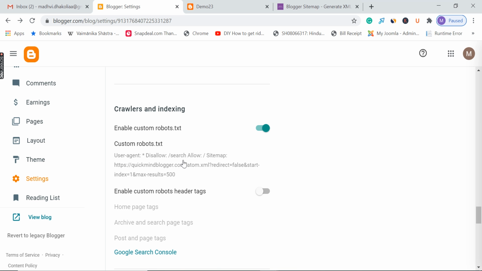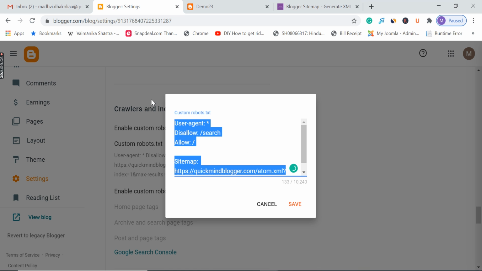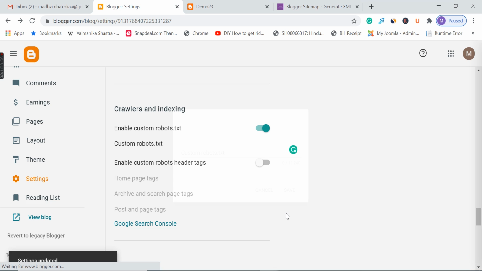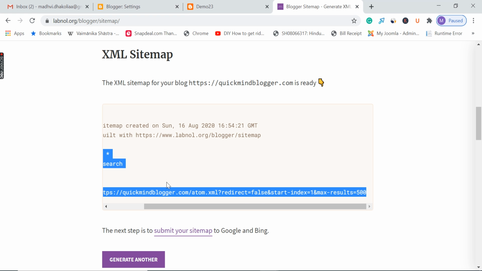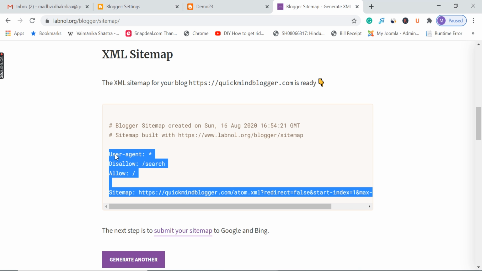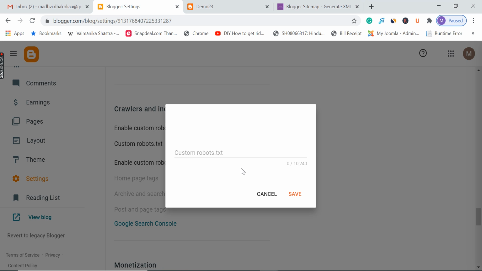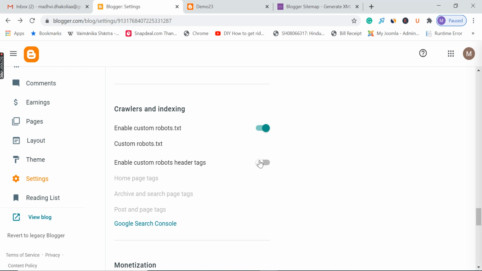This is my new blog altogether, so I'm not going to do much here. I'm going to cancel everything and save it. But next time when you create your own blog, you will generate your sitemap from here, enter your blog address, create it, copy and paste it over here under custom robots.txt, and then you will enable custom robots header tags.